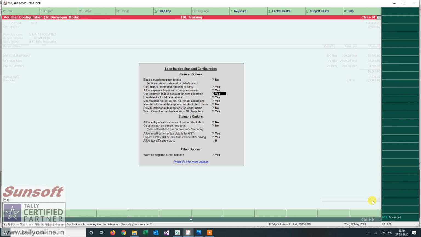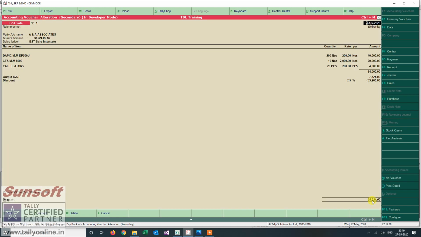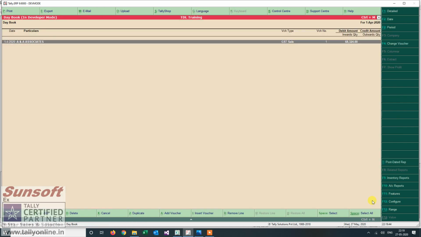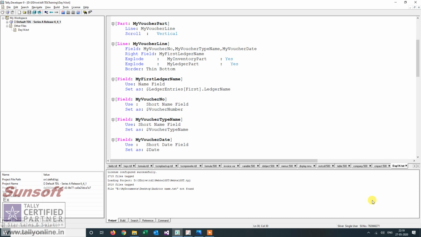Use default for bill allocation and no. And now, yes, it is there. So let me write it as bill 001. I'm not explaining this. This is a reference. So for the voucher number one, the bill reference is bill 001.